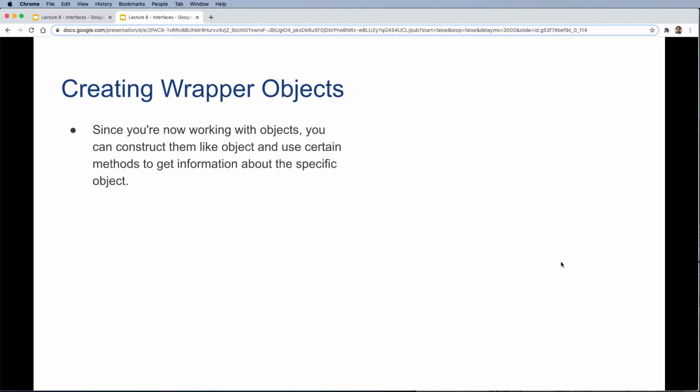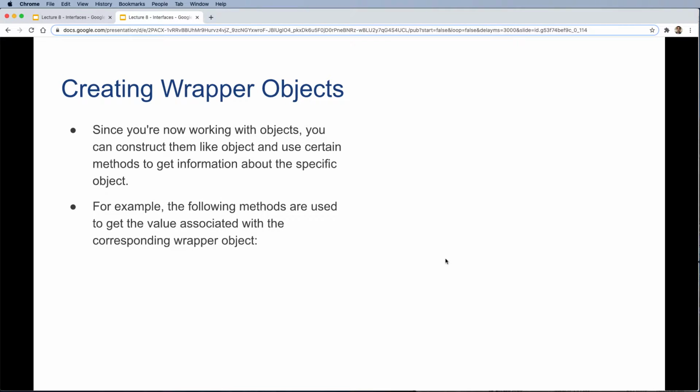Since you are now working with objects, you can construct them like objects and then use certain methods to get information about this specific object. For example, the following methods are used to get the value associated with the corresponding wrapper objects. So intValue will get the value from an Integer object, longValue, doubleValue, charValue, and finally the